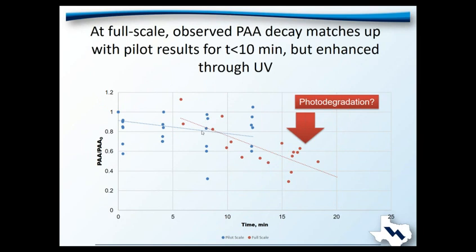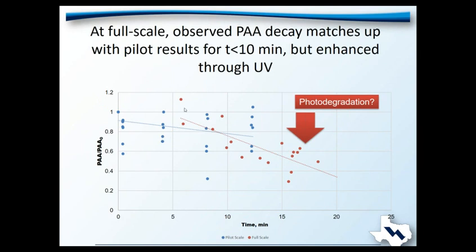When we overlay the full scale results, which are now the red dots, what you're seeing could be described as the inverse of what we would typically expect in terms of second order decay of a chemical disinfectant in a secondary effluent, where we might expect to see some fast initial decline in the chemical disinfectant with a second lag phase where we see slow decline in that residual. And in this case, these are individual snapshots and grab samples